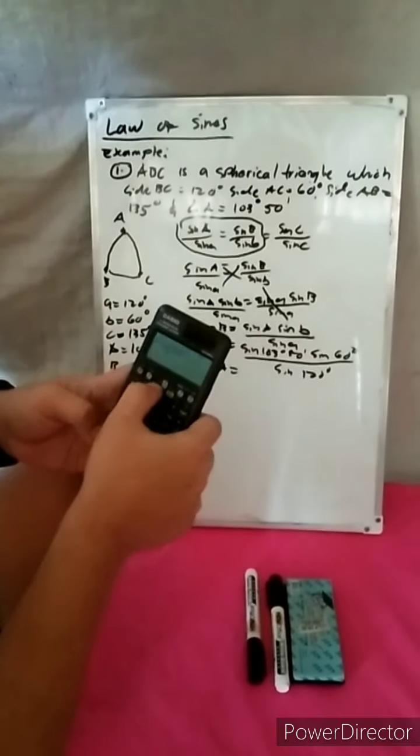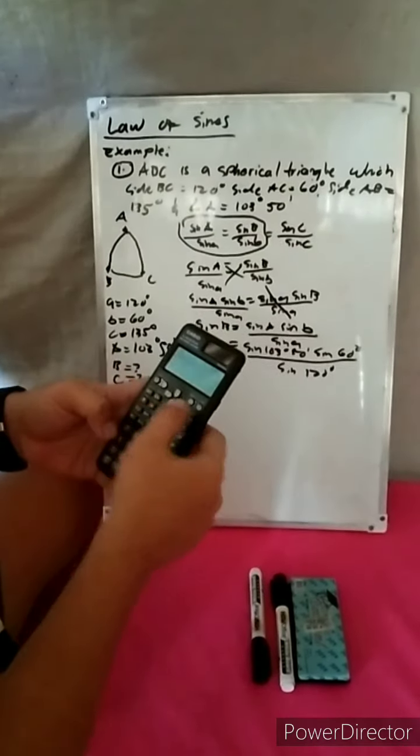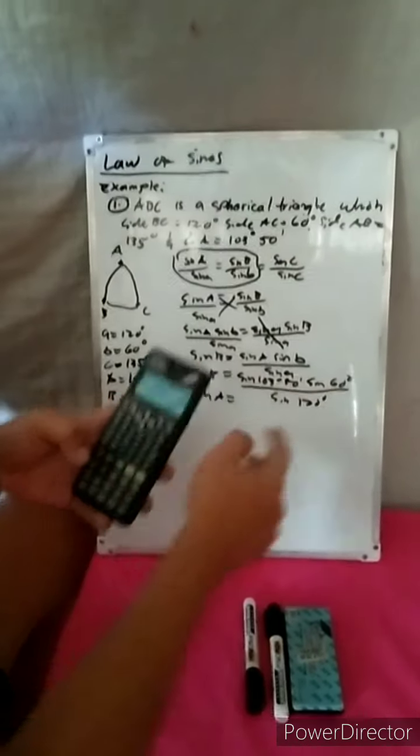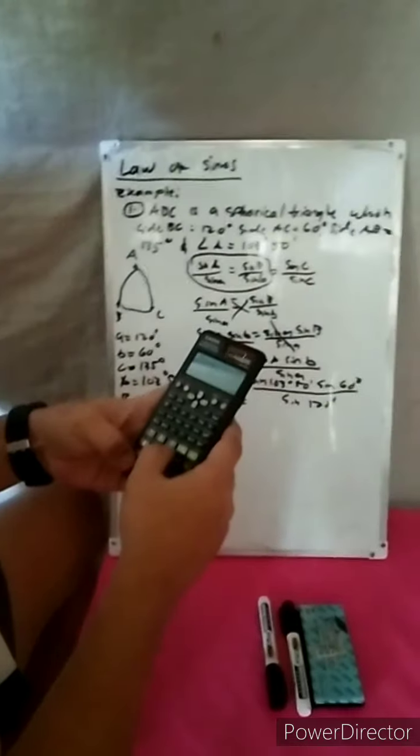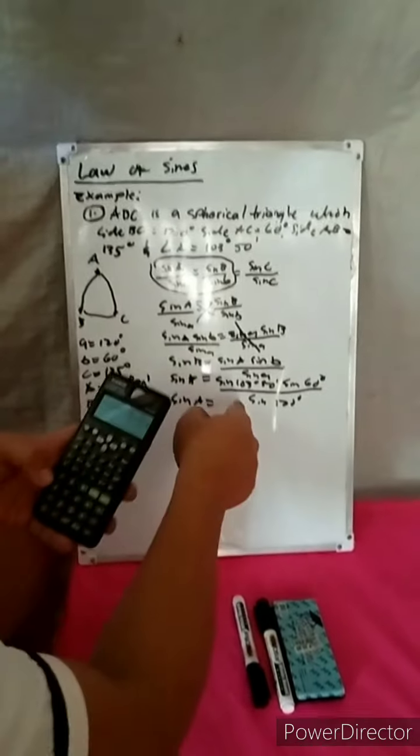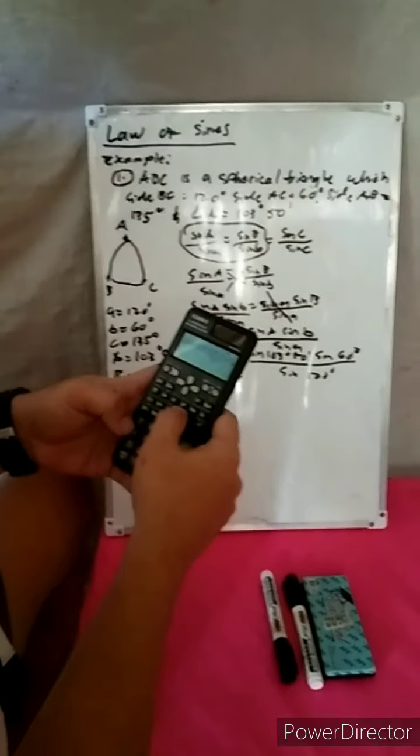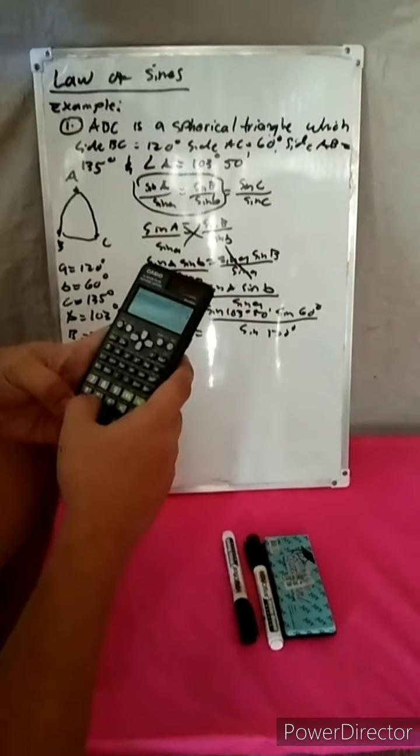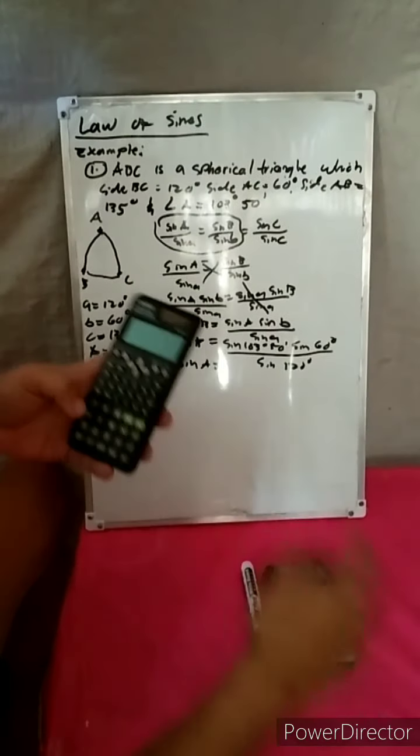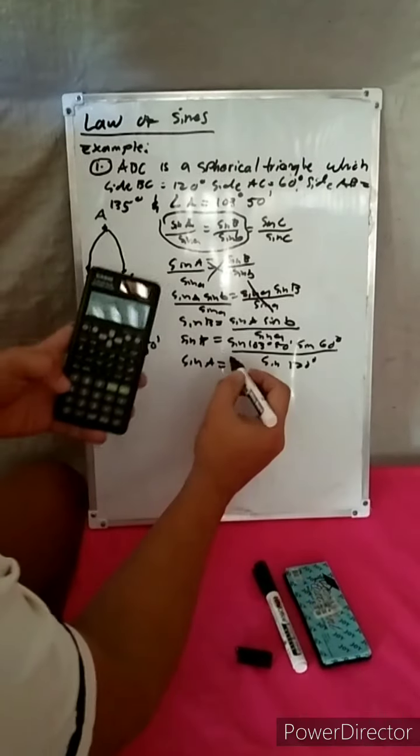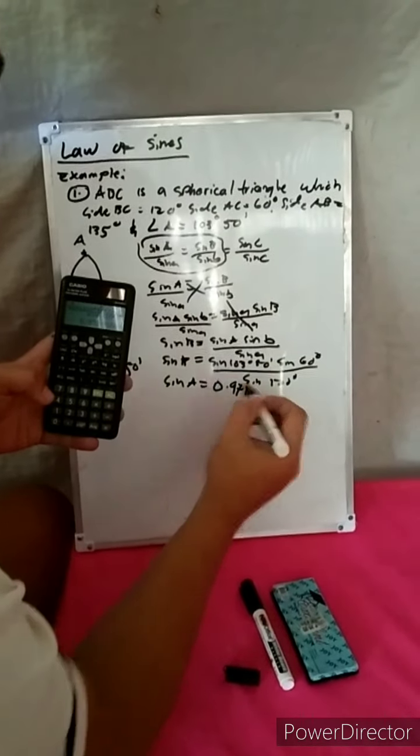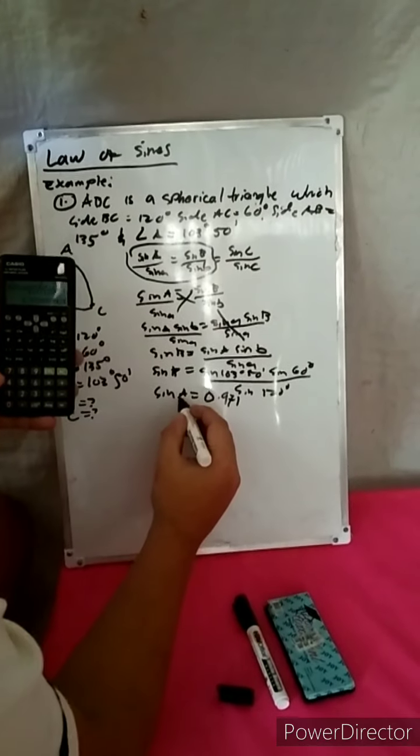degree, tapos 50 seconds, sin 60 degree, over na to siya sa sin 120 degree equals 0.971. So, para makuha na to ang angle A,